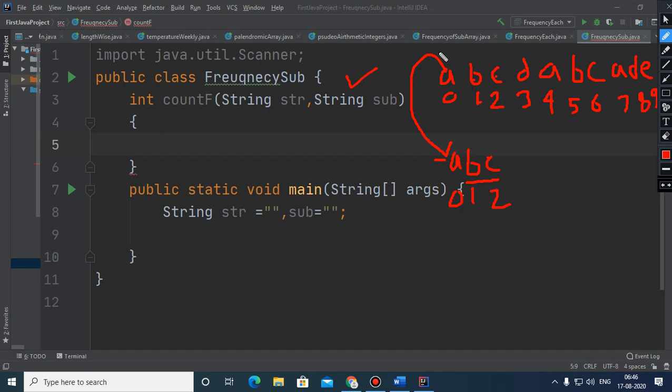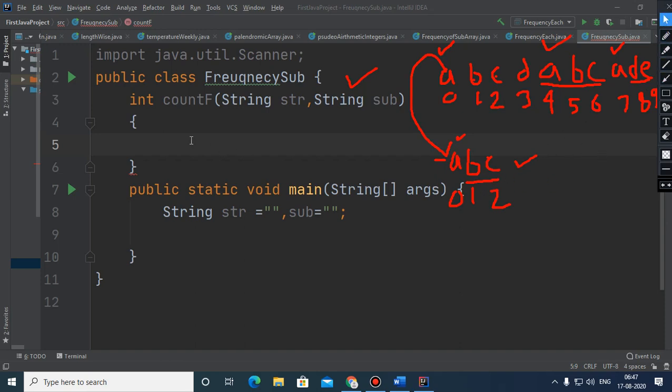So first possibility we got here, and second possibility we will get here when this alphabet will get matched with this one. In a similar way, here also you can see there is a perfect match. In a similar way, we got another possibility here, but this time the remaining part will not match with this.